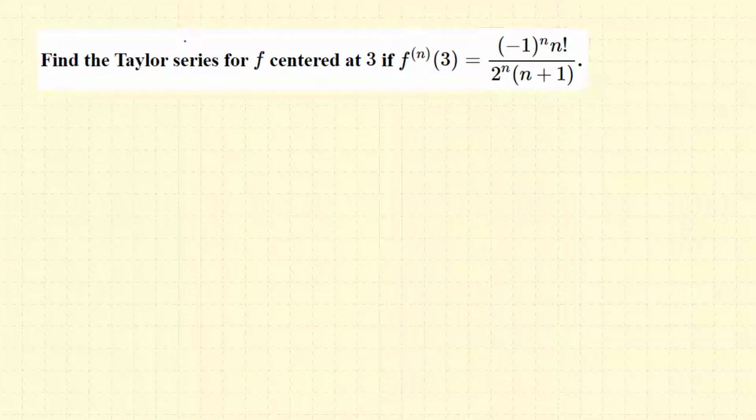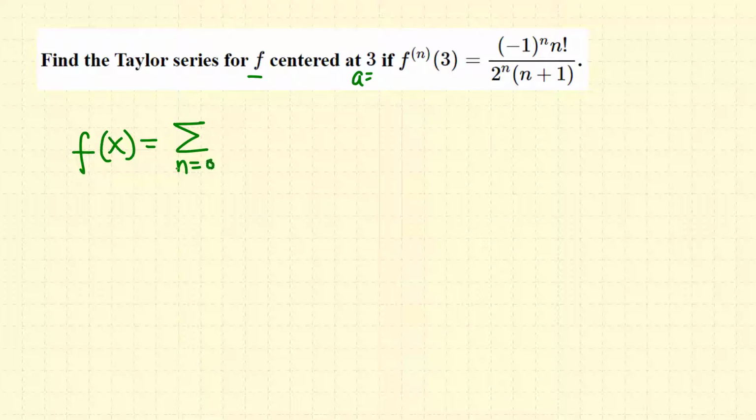Find the Taylor series for function f centered at 3. That's the center, a equals 3. If the nth derivative of the function at 3 is given by this formula, we know that the Taylor series for a function is given by